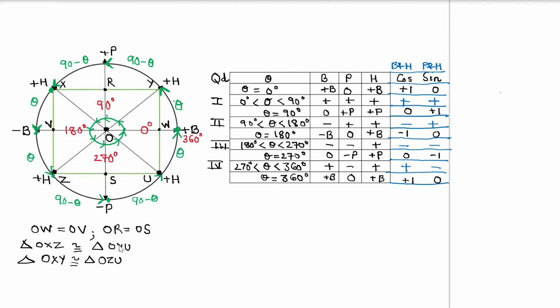Now here we know that the quadrilateral XYUZ is a rectangle because the Cartesian plane that we have drawn here, we have used the BPH rule. B here you know is the base, P is the perpendicular, and H is the hypotenuse. And you would see that we have used red colored writing for writing the various values of theta lying on that particular axis.